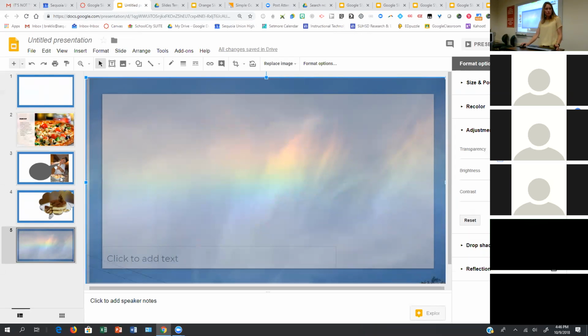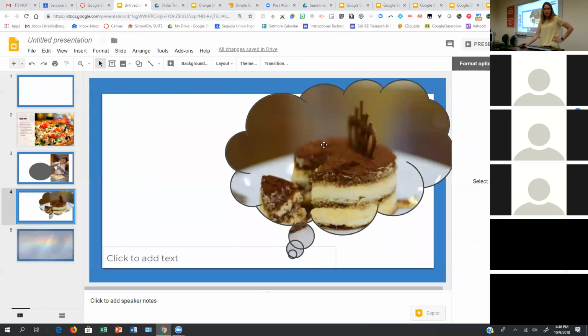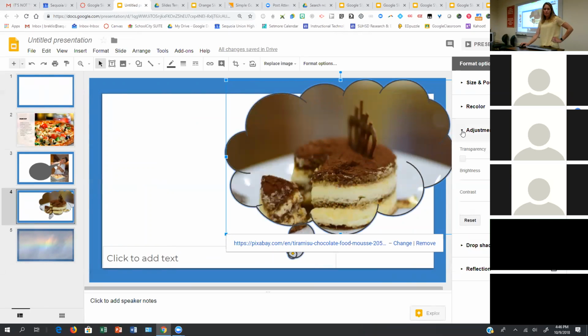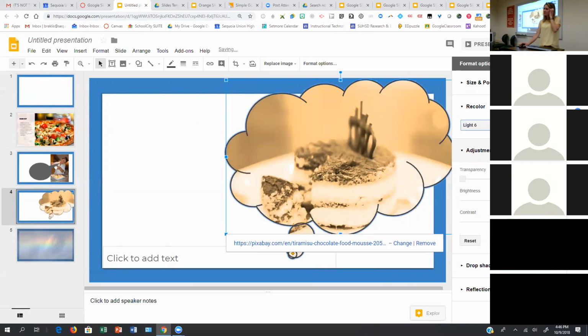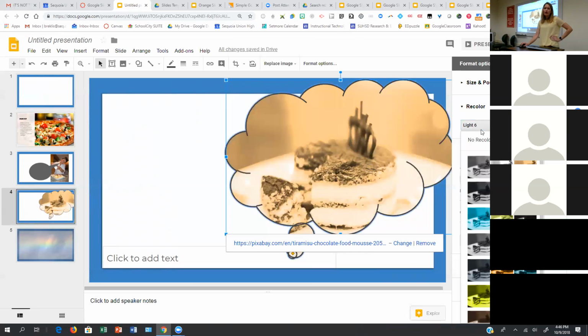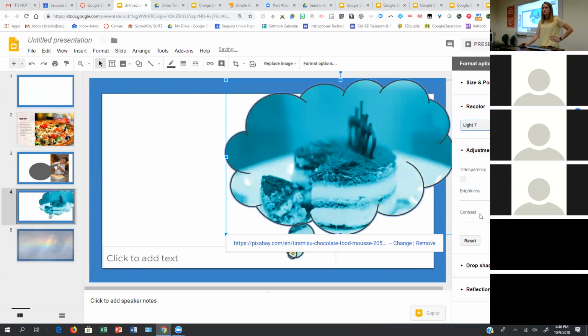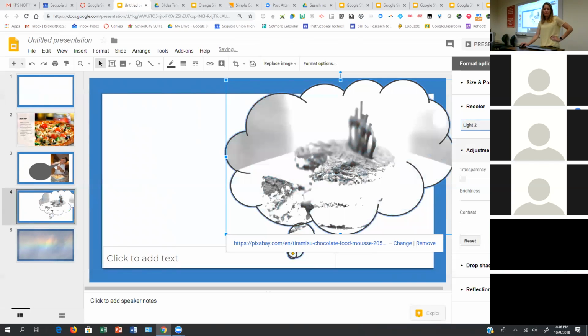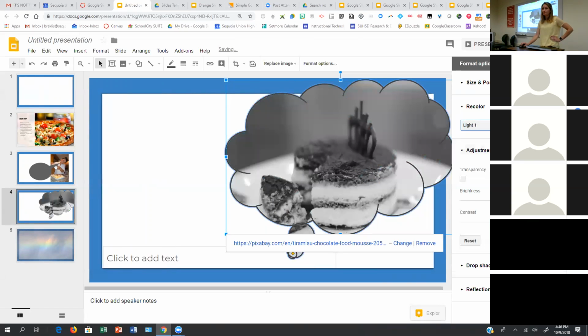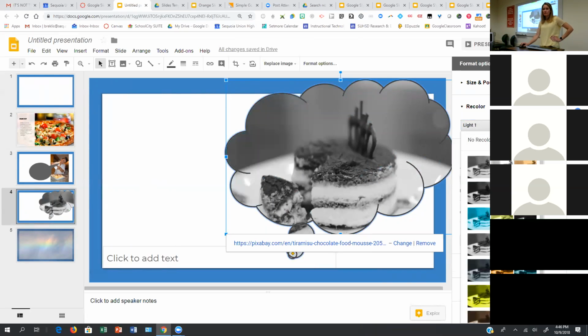If you have an image, I don't know that we want to do it to the pizza, but maybe we'll do it here. Don't really want to do it to tiramisu either, but that's fine. I'm going to recolor it. If I click on recolor right now, it says there's no recolor because I haven't done it. But let's say we want it to be a little bit more nostalgic. Or there's some reason you want to make everything blue in your life, or just really faint black and white. So you can play around with changing the color of your images as well.